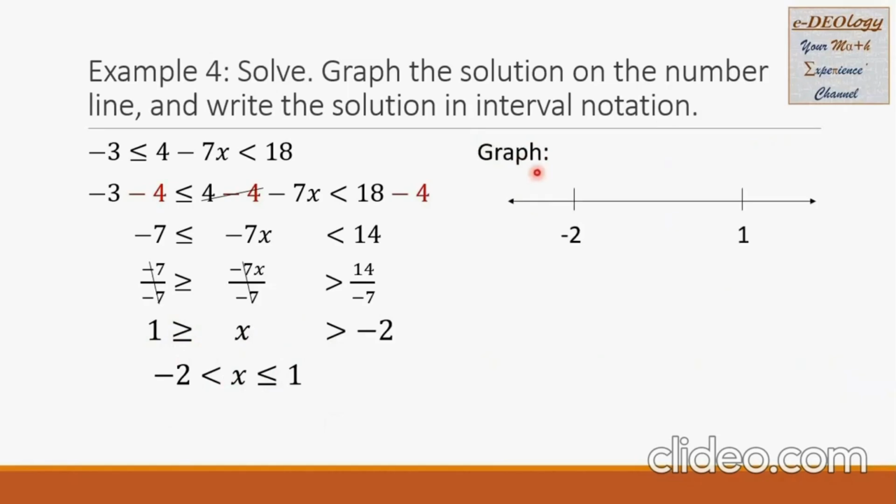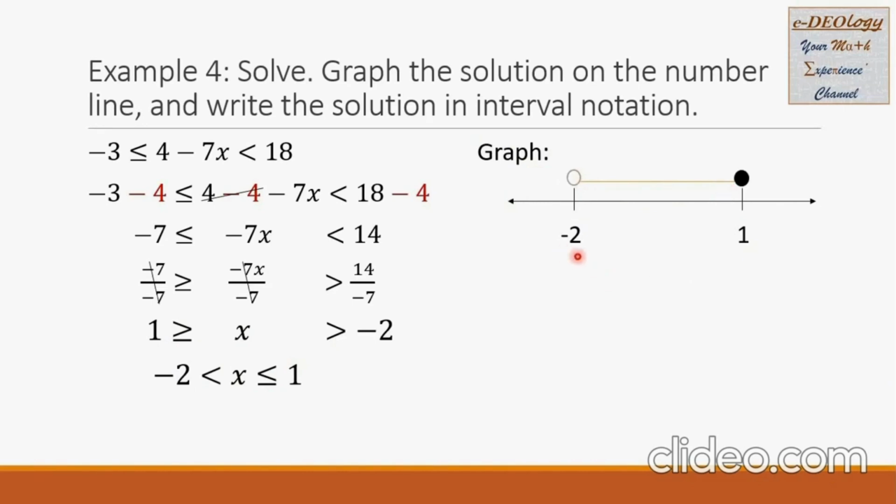For the graph, we will draw our number line and put the numbers negative 2 and the positive 1 on the number line. We make sure that the lower number is on the left side. Negative 2 is lower, so it is here on the left, and 1 is on the right. And then we're going to connect the two numbers,